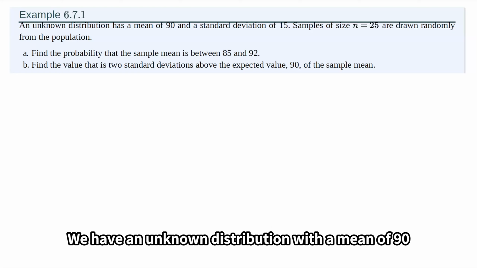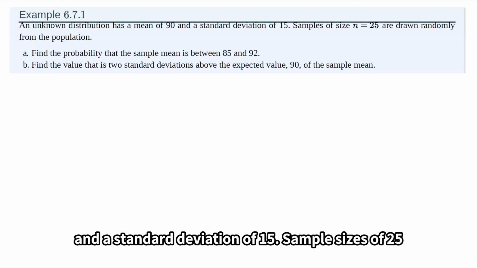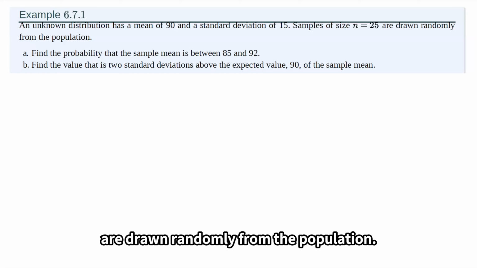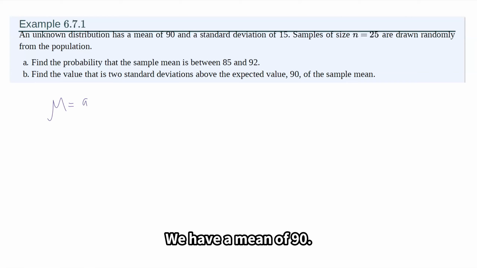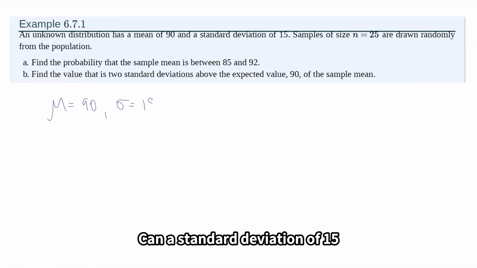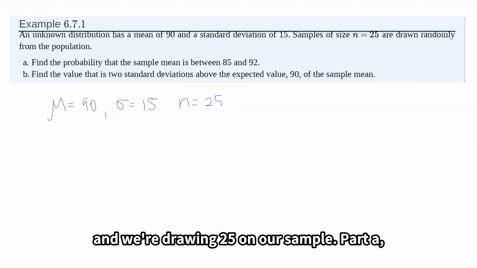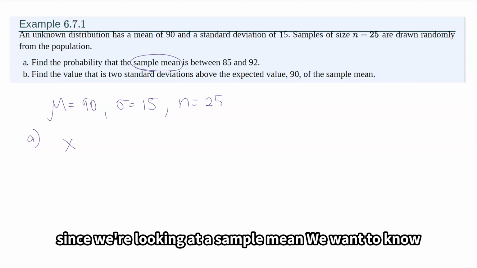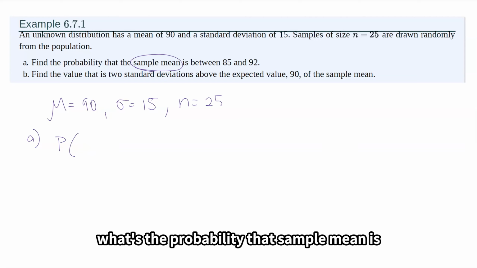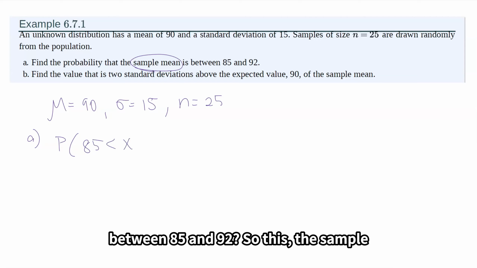We have an unknown distribution with a mean of 90 and a standard deviation of 15. Sample sizes of 25 are drawn randomly from the population. So let's write down a little bit of information. We have a mean of 90 and a standard deviation of 15, and we're drawing 25 on our sample. Part A, we want to find the probability the sample mean is between 85 and 92. Since we're looking at a sample mean, we want to know what's the probability that sample mean is between 85